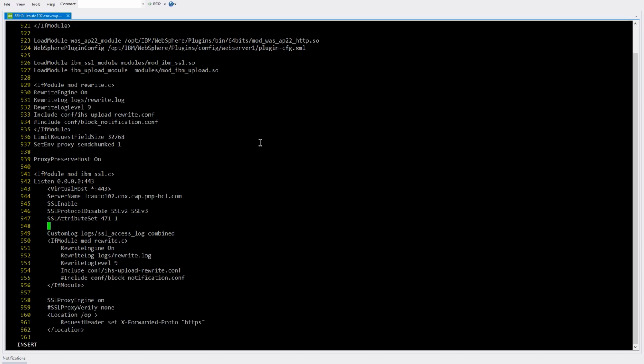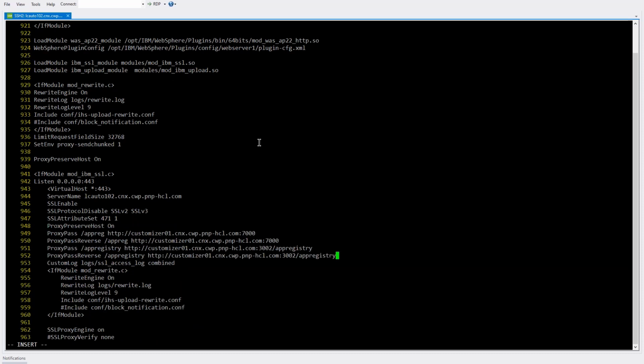I'm just going to insert them here for both AppReg and the App Registry Service. And the ports that you see here should be familiar from our previous video where we ran the containers and we looked at the port settings. Those same statements also need to go here